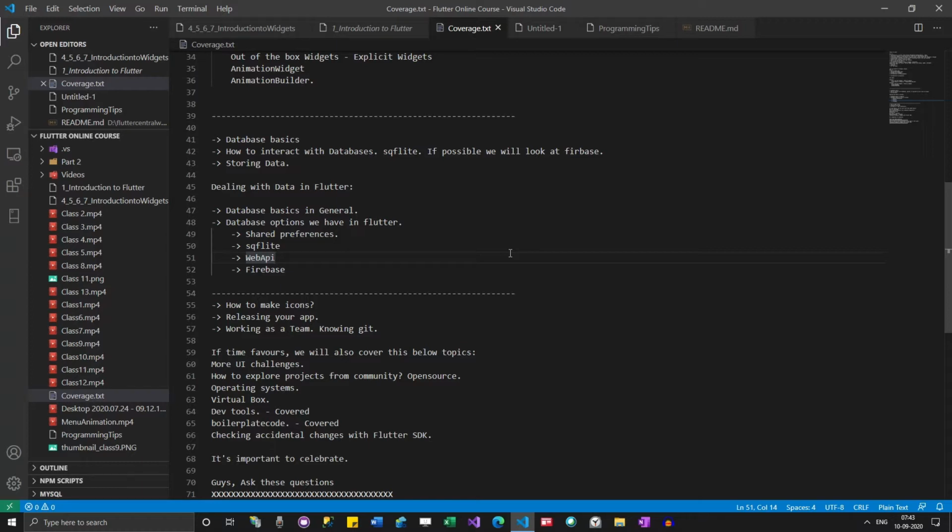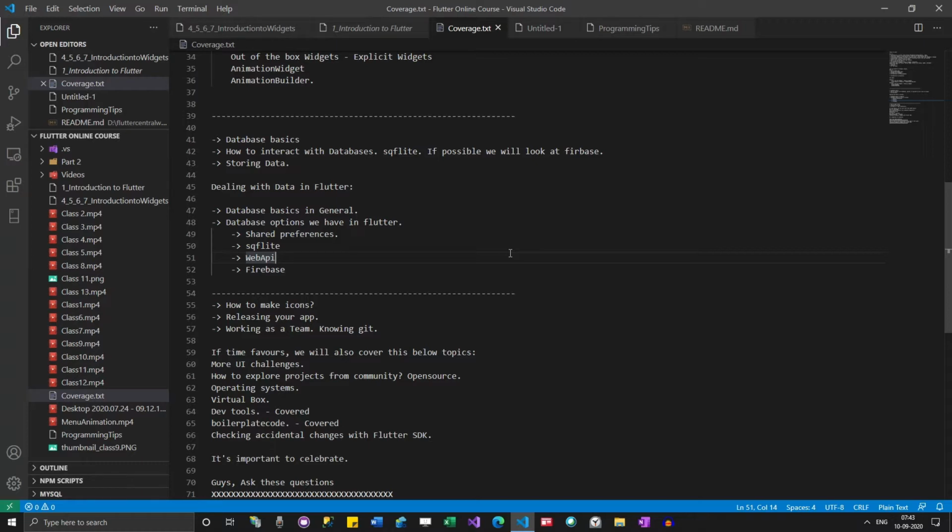So as part of our example, we are going to read some data which is in JSON format, process it, and show the results in the app. Again, web APIs.